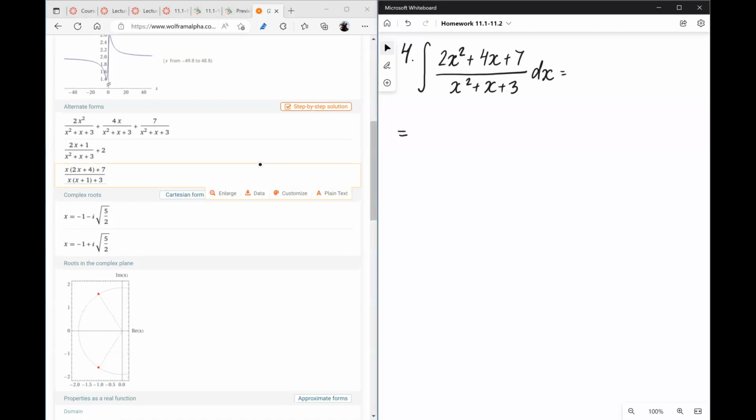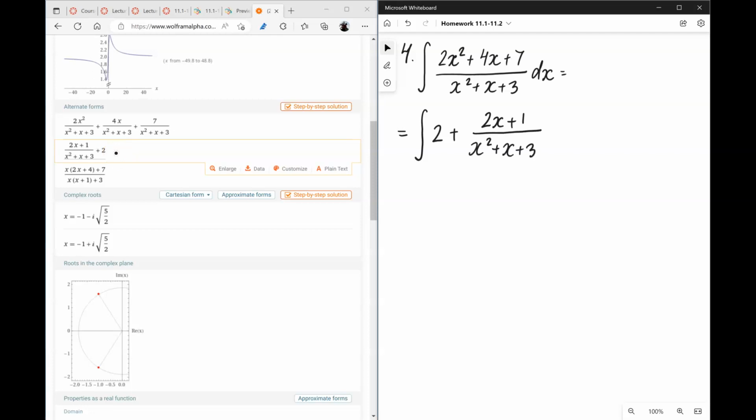Here's the result. Here's the quotient form. You should be able to identify it among many other ways of writing this rational function. And again, this is an irreducible trinomial in the denominator, and we proceed with